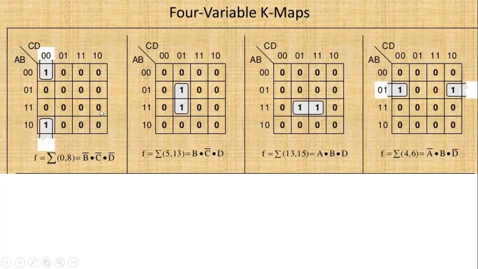You remember we said whenever the terms come more than 15 or more than 14, that is, the last term is 15, we get an idea that this is a 4 input variable. Now here in the question they have mentioned that this is a 4 input variable, so we can directly substitute it here. 0 is the position and 8 is the position where ones have been given. How do we know? Summation indicates SOP sign. Then the 0, 8 we have got in the question. We have substituted ones in 0 and 8.